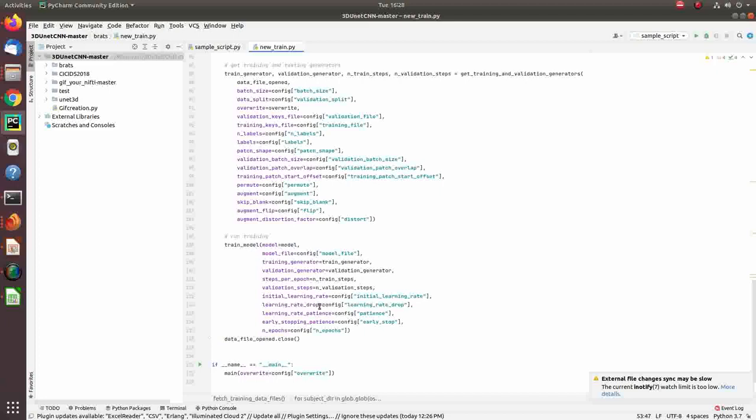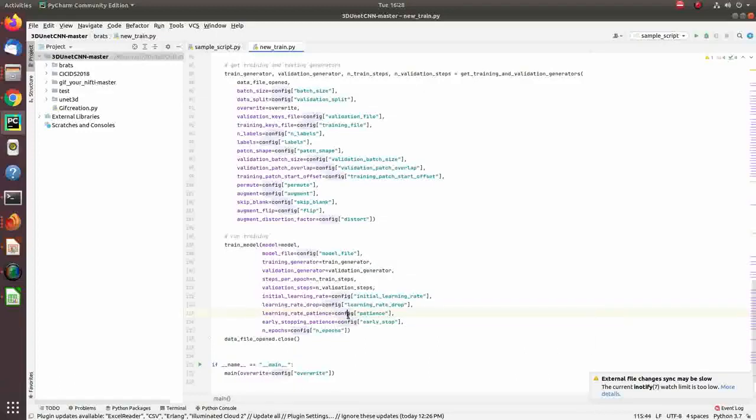So I created the algorithm again, and this time I don't use TensorPack. I actually use TensorFlow 2.1, and the algorithm is an extension of 3D UNet.